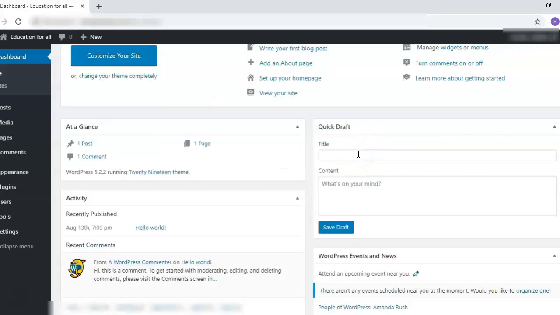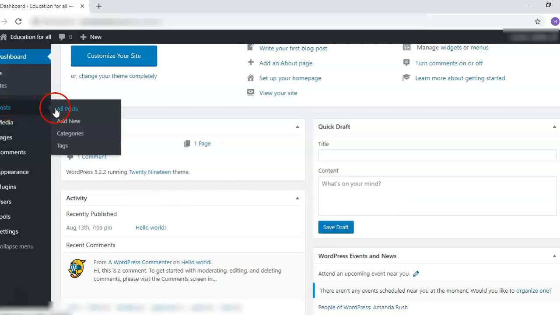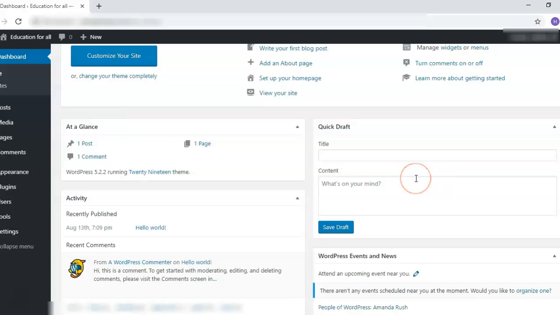Then is the quick draft section, wherein if you have some topic in your mind and you just want to create a draft about it for the blog post maybe, then you can write the title and the content and save it as a draft, which you can later on find under the posts section. So when you hover on to posts and go to all posts, you will see the draft that you had